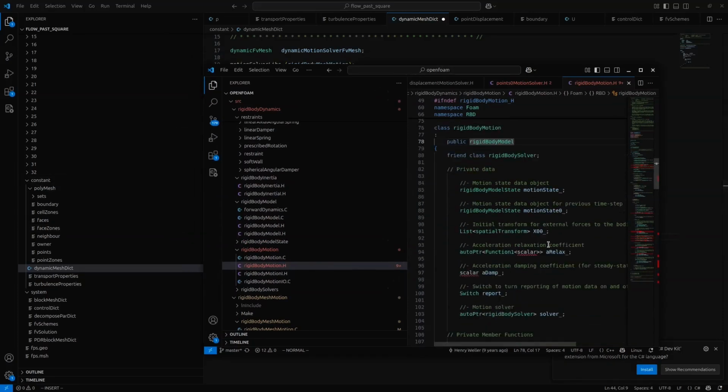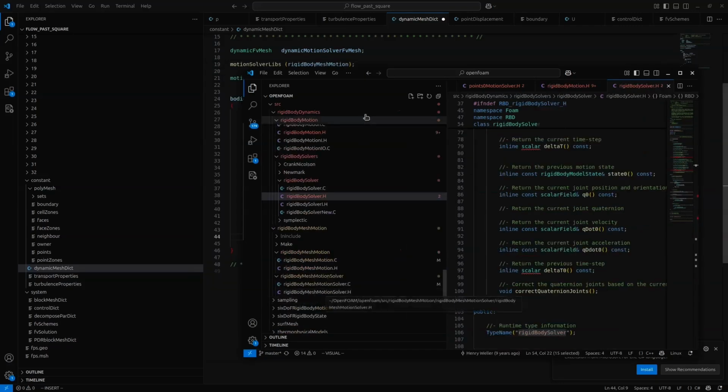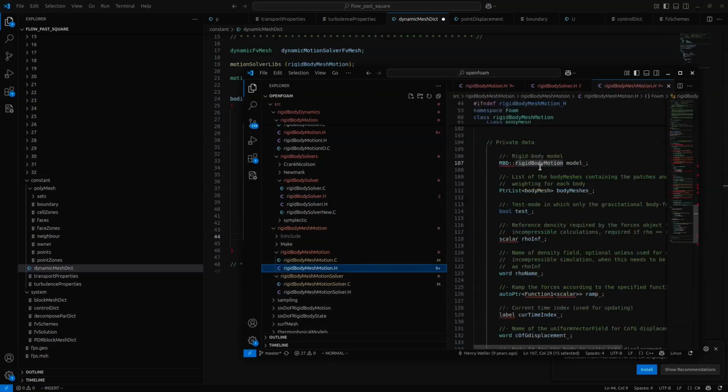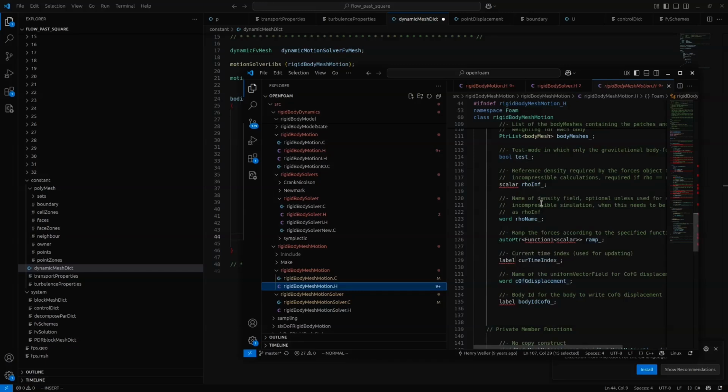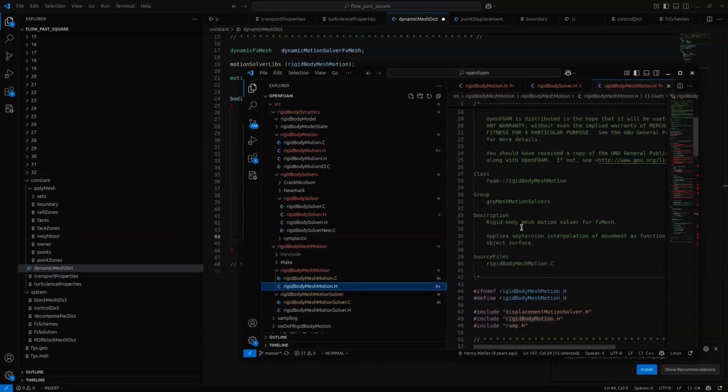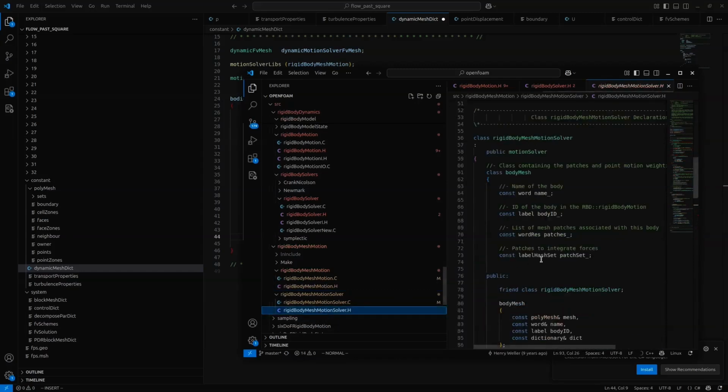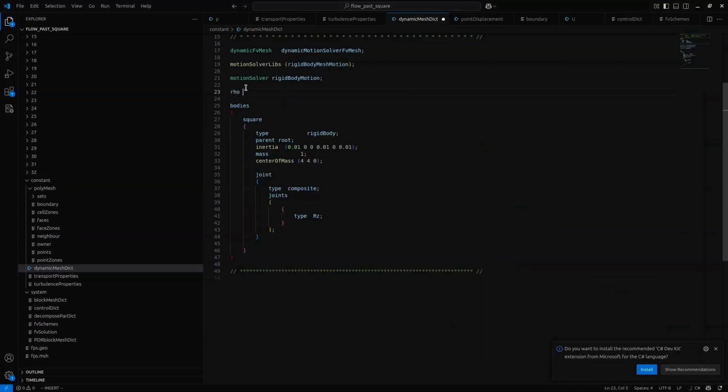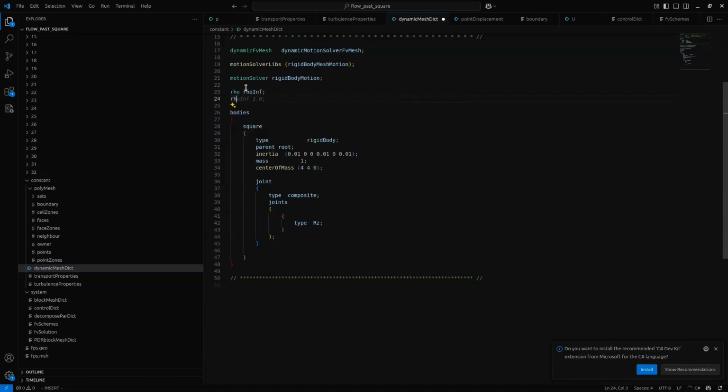For the rigid body motion, we can set a damping as well. We can switch this as well. Let's go again to rigid body mesh motion, which is this. We have a rigid body motion model. We have already set this. Then we require the rho inf and rho. Since this is incompressible, probably it is written somewhere here. If it is incompressible, you have to define that rho is equal to rho inf and your rho inf value,